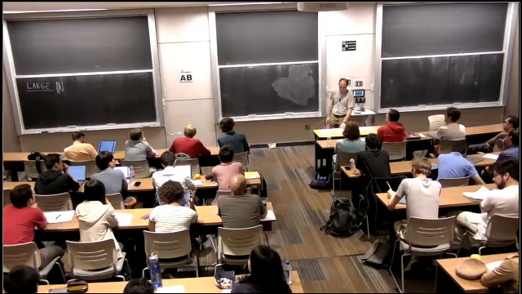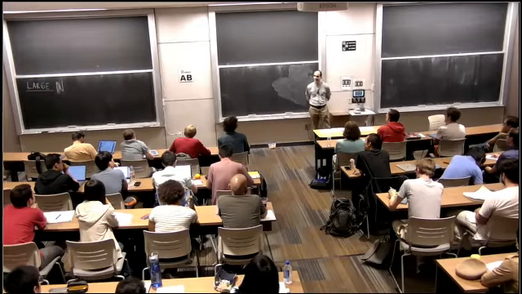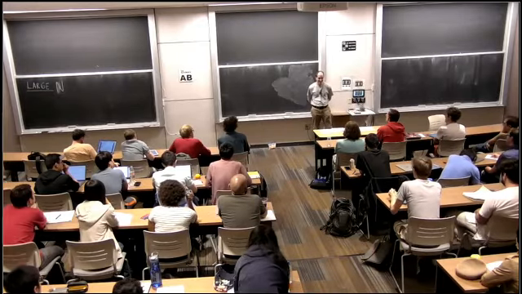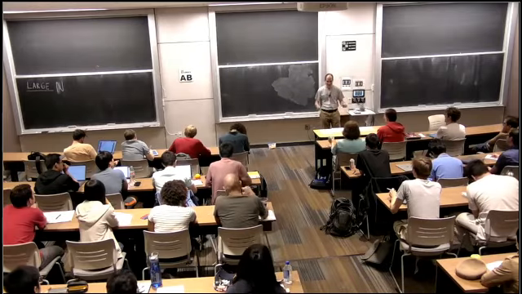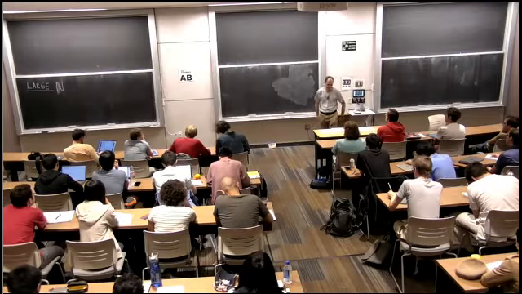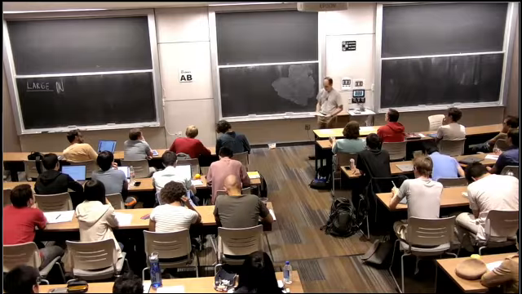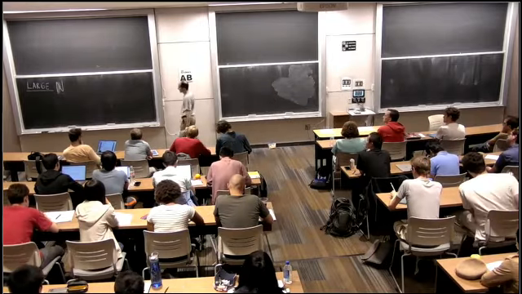Okay, so let's start with the vector large N. Most of what I will say is very nicely explained in Polyakov's book. So if you want an exposition longer than my discussion, you can find it in Polyakov's book. So let's start with the vector large N limit. So we have